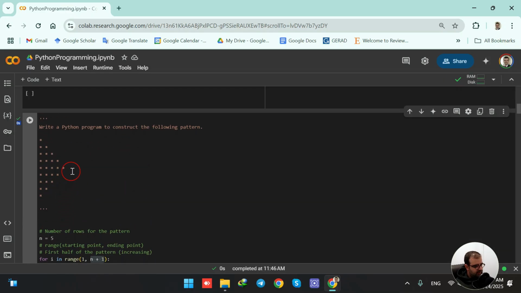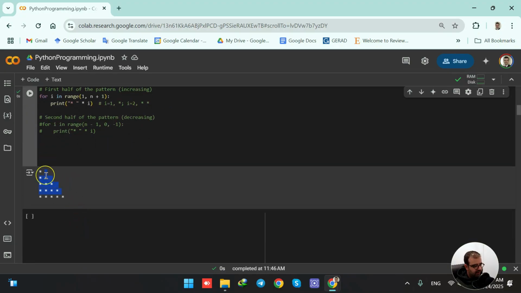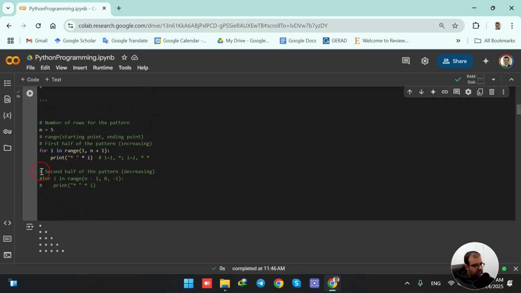So this print is the first half of the pattern. Okay, so this part is now created. Now what we need to do is to have another for loop to print us the remaining stars, and in each iteration, instead of increasing the number of stars, reducing the number of stars. So we are having an iteration for the second half